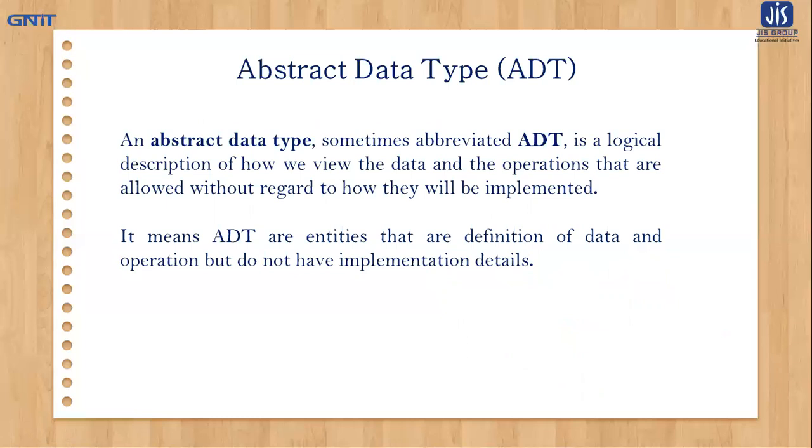Then we will learn about the abstract data type. It's an important term for data structure. Abstract data type is sometimes called ADT. It means the data and the operations we need to do will be defined to the programmer, that what kind of operation we need to do and what data we have to take. This value will be given, but it totally depends on the programmer how he or she should implement